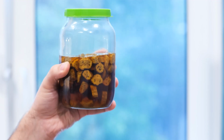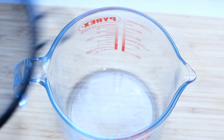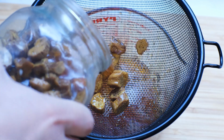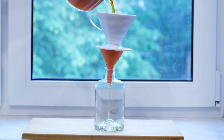As you can see, during this time the bananas have swollen, absorbed some of the rum, but have also given it almost all of their flavor. Filter the banana-infused rum through a mesh strainer and you get a nice dark brown liquid that looks more like a cognac or whiskey than banana liqueur. Filter it once more using a paper coffee filter, but don't fill the whole bottle, cause you'll need space for